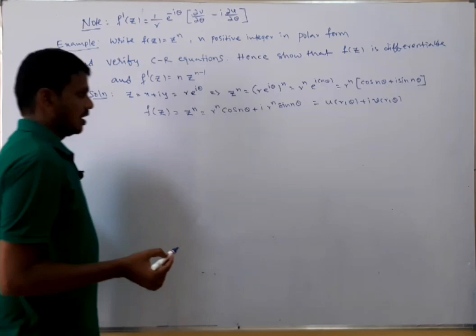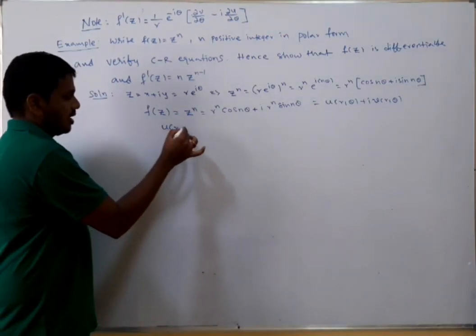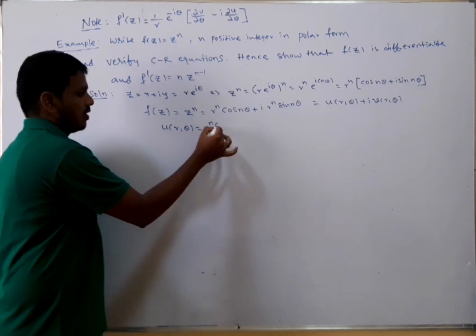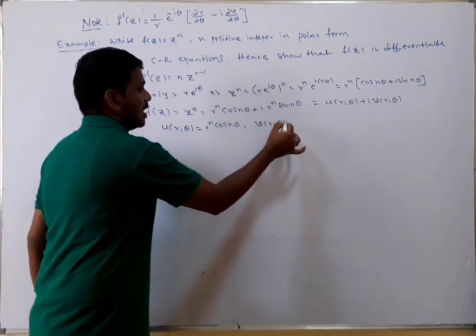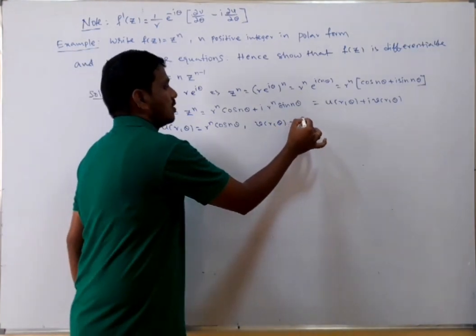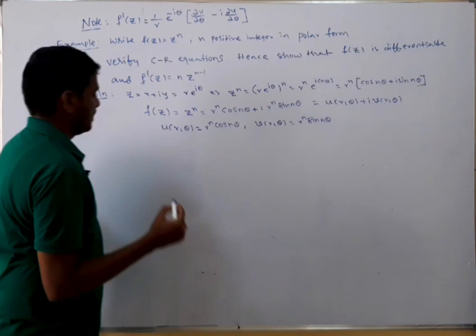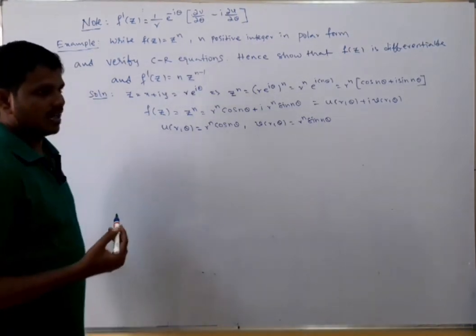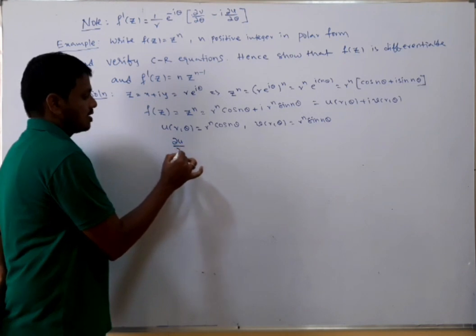From this we have the real part: u of r comma theta is equal to r to the power of n cos n theta, and v of r comma theta is equal to r to the power of n sin n theta. Now I'm going to find the first order partial derivatives of u and v. Dou u by dou r is equal to,